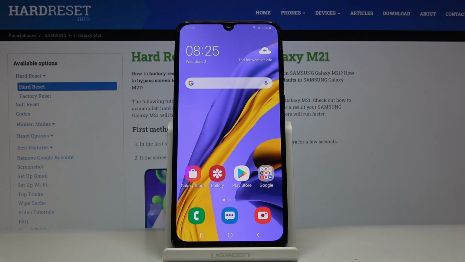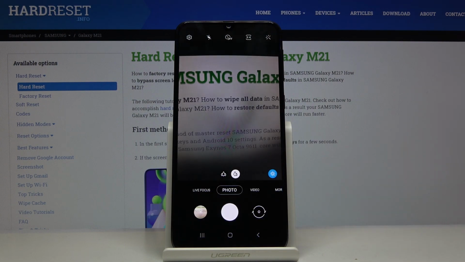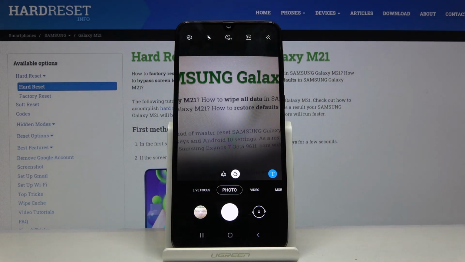Welcome, here I've got Samsung Galaxy M21 and I'm gonna show how to turn on and off the camera green lines at this device. So at first we have to click on the camera button here. And now we are in the standard photo mode,